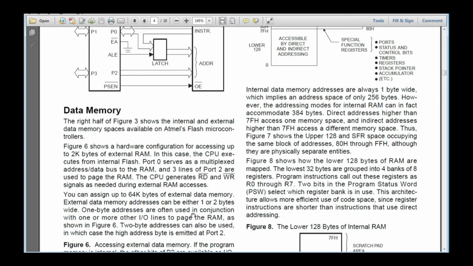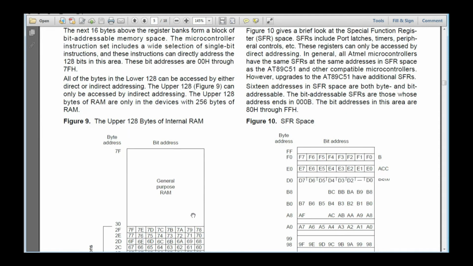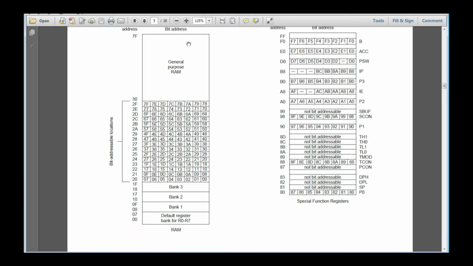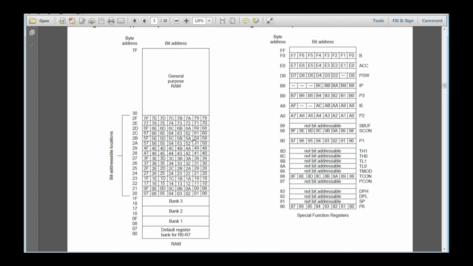Now it is mandatory for us to concentrate on the data memory part. This is a quick refresher of the data memory structure of the 8051 microcontroller, where it is segmented into register banks, a bit addressable area, and a general purpose area, as we all know. Whatever variables we create using C programming will occupy some space in the data memory. If you look at the screen on the left hand side, look at the cursor, there are numbers from 00 to 7F.